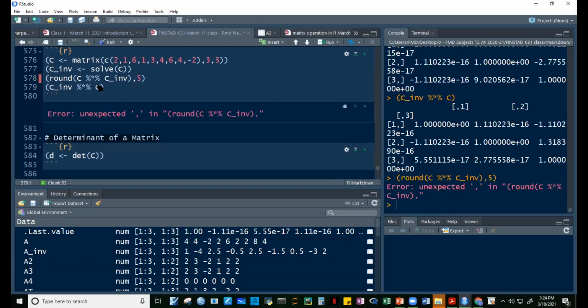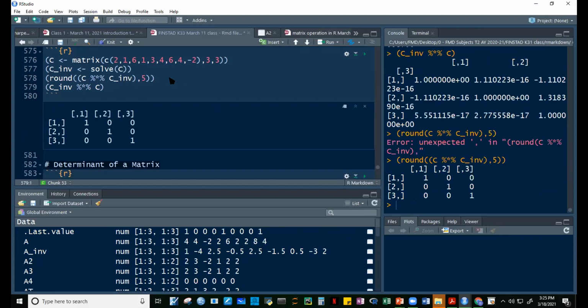Ayaw. Ayaw niya. Round. Ay, hindi. Round. Dapat ito muna. Check ko lang yung syntax. This, comma, 5. So, mali yung syntax ko kanina. Okay. Ayan. Okay? So,